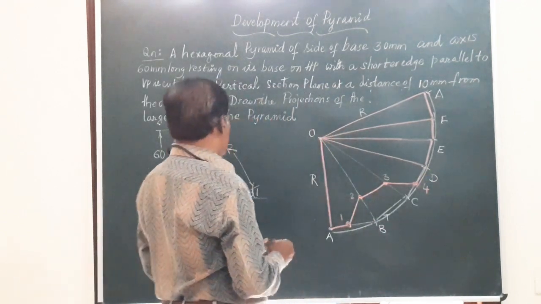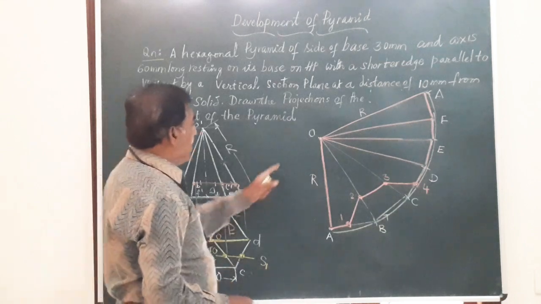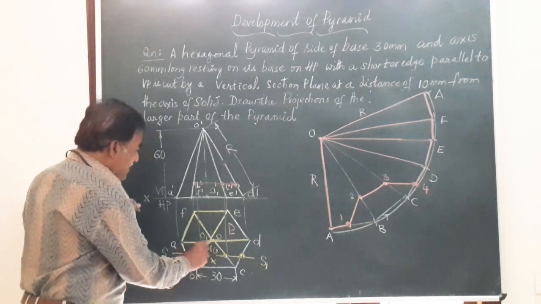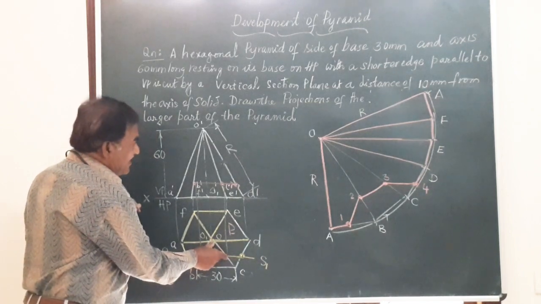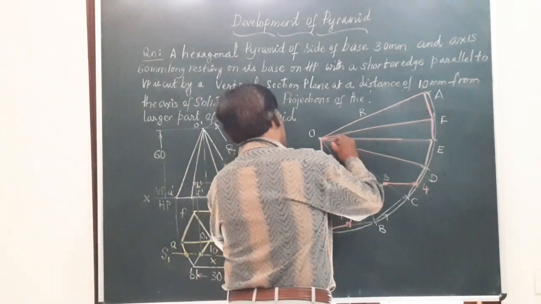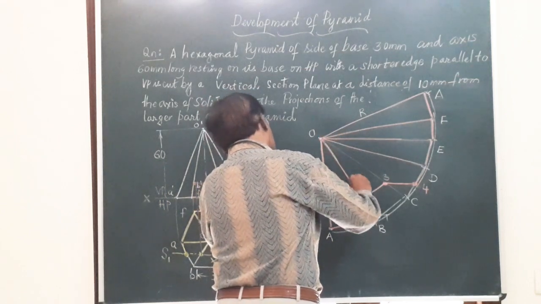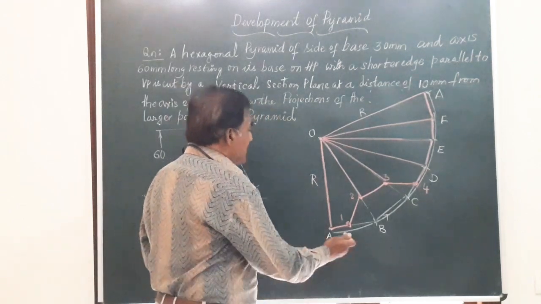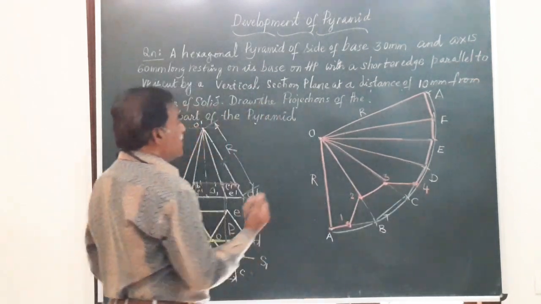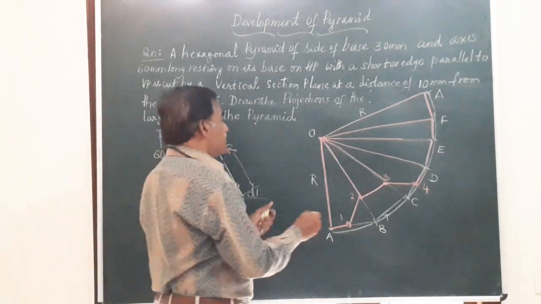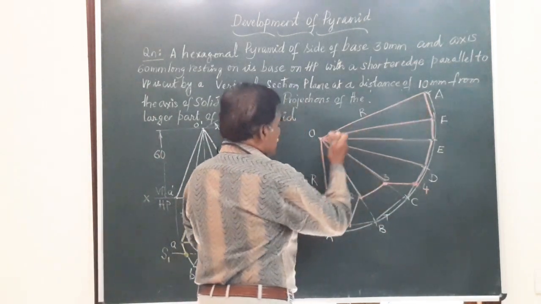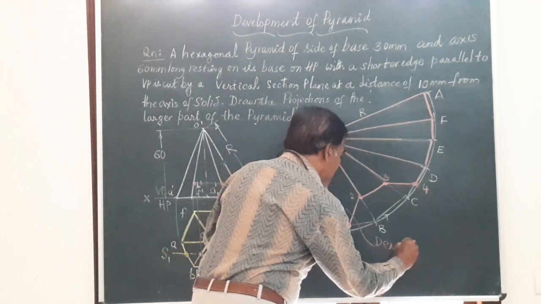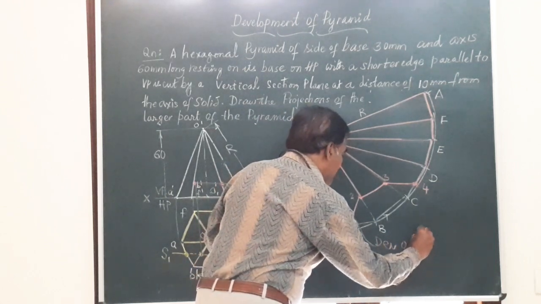So here friends, the portion on OB and OC above that section plane is retained. On OB, this portion is retained, this is also retained. And in the true shape, these are the edges. This much of edge is retained. And friends, you can see only this part is removed by the section plane. And whatever I have shown here, this part shown in color will give you the development of the part P.